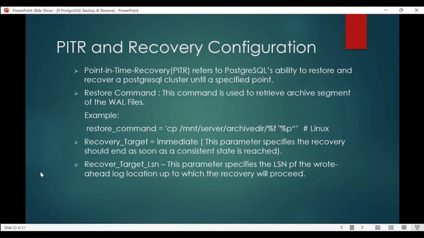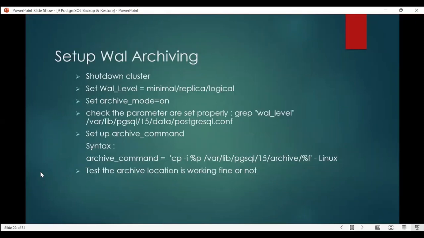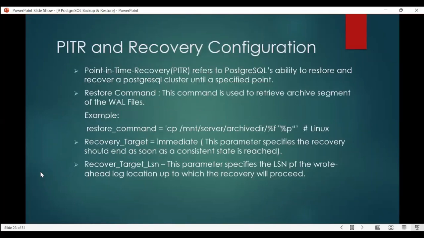This is the reverse: whatever you set in archive_command copies from WAL files to archives. Here we are telling it to copy from archives to WAL files, because whenever you do any full recovery up to a particular point of time,